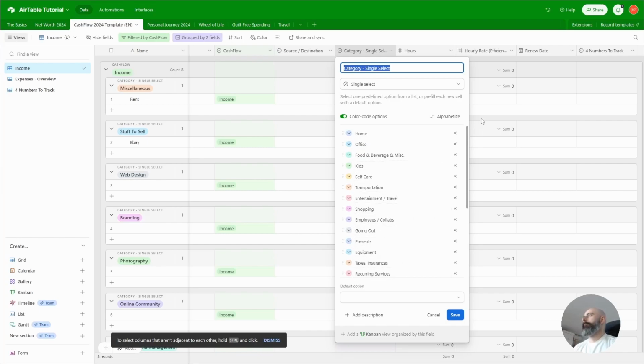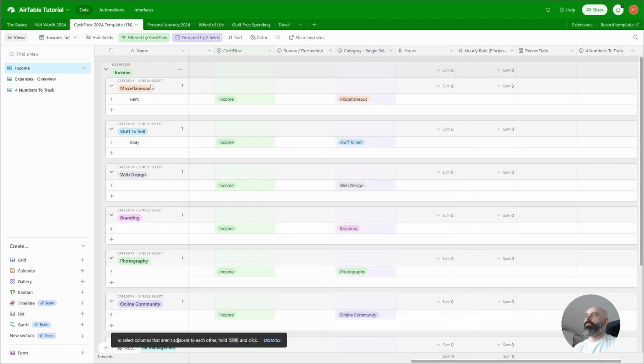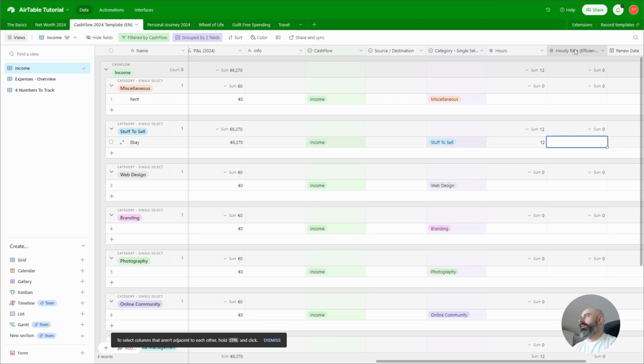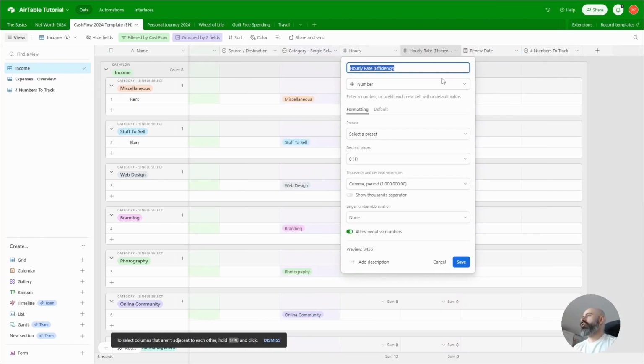It doesn't matter. And in terms of the income, how many hours I've spent on selling stuff. Maybe taking pictures of the items that I sold took me like 10 minutes, and then prepping the ad maybe took me 10 minutes, things like that. So for every month, I would use 1 hour, then it's 12 hours of my life spent on selling stuff that I don't need anymore. So basically, the hourly efficiency right now is a number, but I can change it